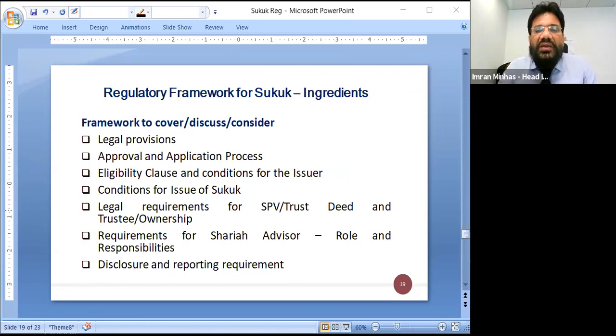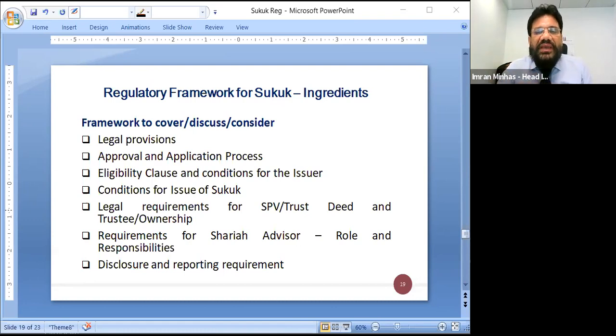So for specific offer, like for privately placed Sukuk, the issuer will disseminate an information memorandum to the potential investor. So it is considered a private document. It shall not be used as a document inviting public for subscription. So you can set certain standards, and again, requirement for that specific offer, to whom you can offer that, and in case of false information, misleading information, material omission, what is the penalty? So these are the areas to be addressed here.